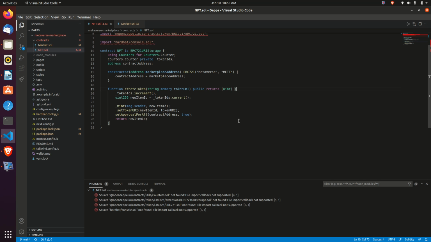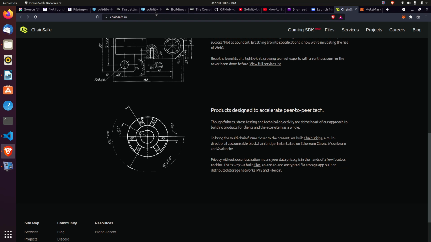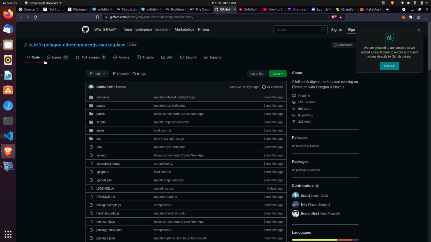Yes guys, I'm here to show us how we can solve this error while we want to compile a Solidity smart contract app. I forked David's code. This is David's full stack repository for the Ethereum Polygon